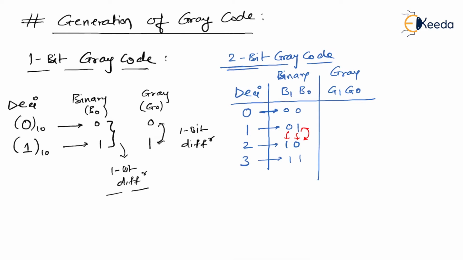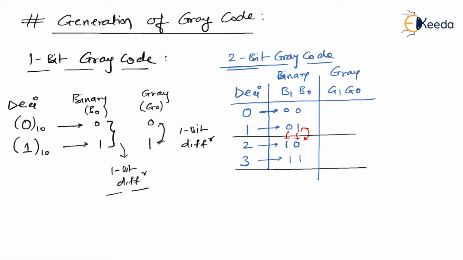What we have to represent now is a gray code. To generate this gray code, there are some rules. You have to follow those rules. So just try to understand the steps which I'm telling you right now. First of all, you have to divide this complete table into 2 equal parts horizontally. Since we have 4 positions here, I'll divide in such a way that you will see 2 positions at the upper side and 2 positions at the lower side.